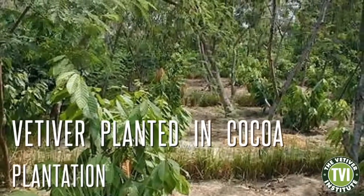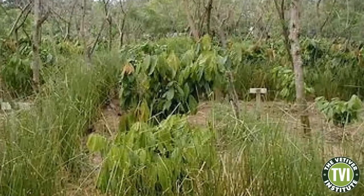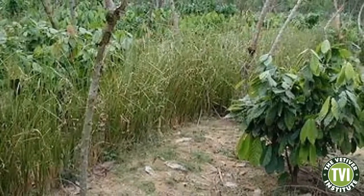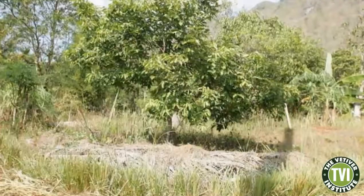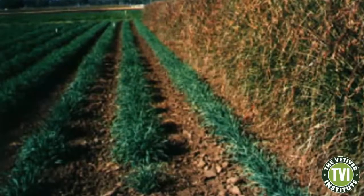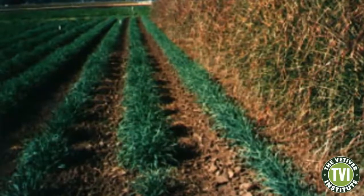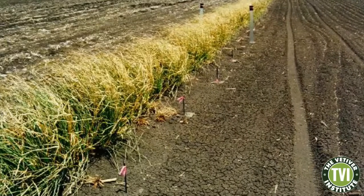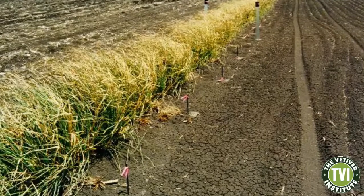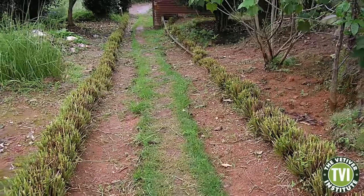In Thailand, there's good evidence that when vetiver hedges are planted around individual fruit trees, there's an increased growth and yield due to better moisture conditions and possibly an improved nutrient situation. In Australia, this vetiver hedge grown on the Darling Downs of Queensland appears to be having a minimal impact on the immediate row of sorghum. Vetiver hedges have the potential on these floodplains to allow a further 30% of the total land to be brought